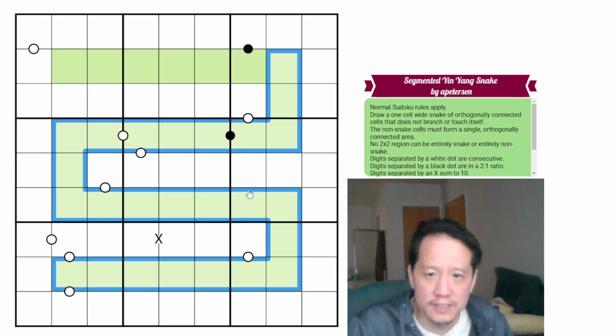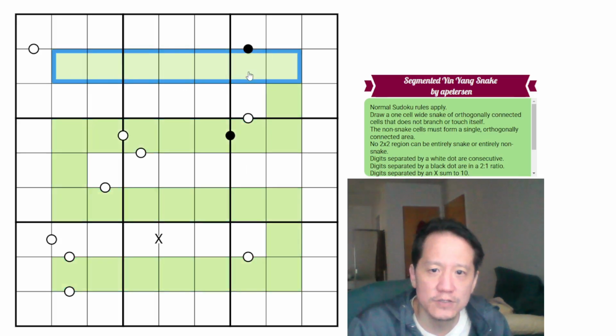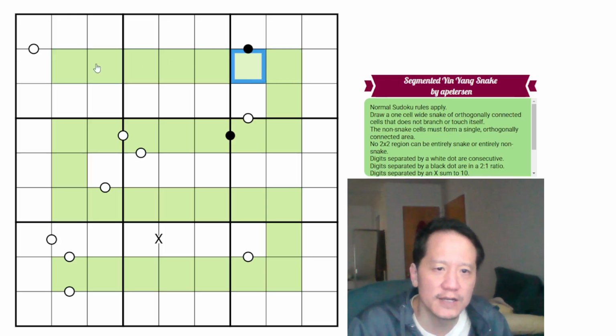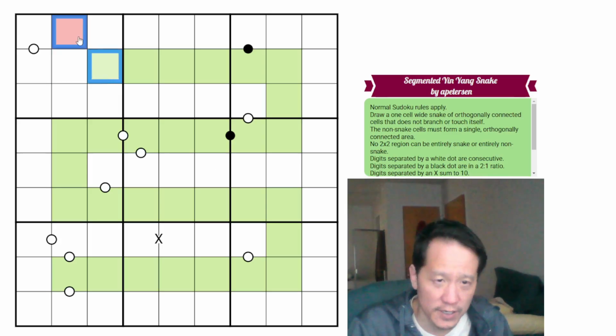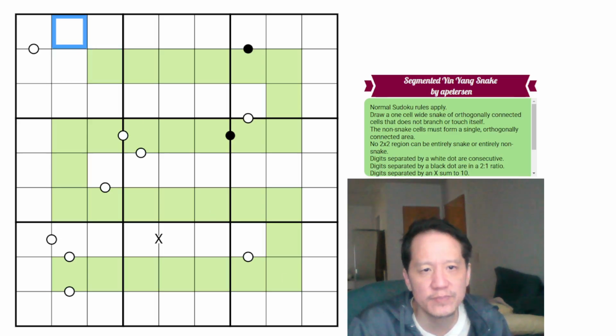The snake is orthogonally connected. Orthogonally connected just means that the cells share an edge, so these would be considered orthogonally connected. This would not be a valid part of a snake because it's not orthogonally connected, which means sharing an edge. It's diagonally connected, but